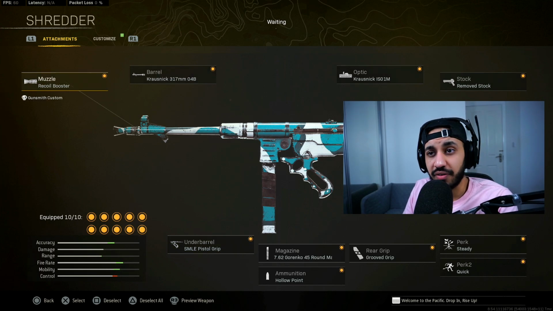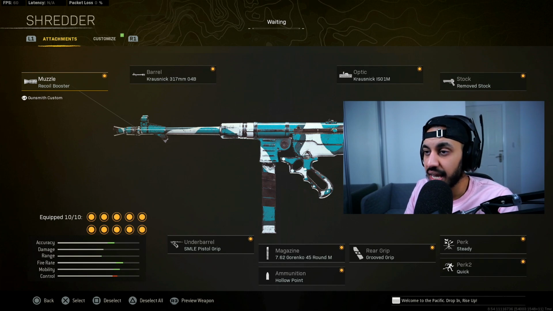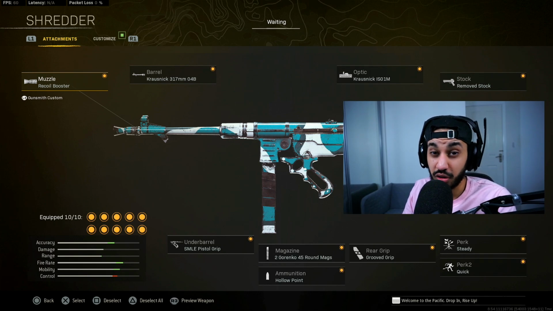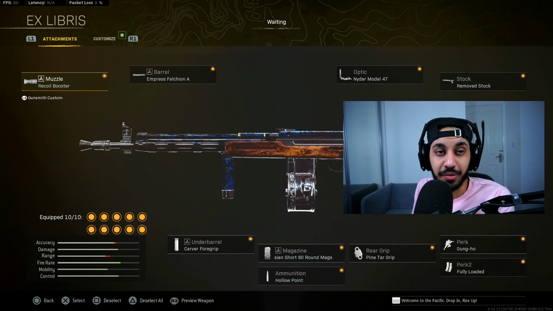The MP40 is just a very solid SMG. Now, it's not got the fastest possible TTK, but it definitely allows you to handle that mid-range because you're pairing it with another close-range gun. Now, the build that I've settled on for the AS44 is absolutely ridiculous at the moment,